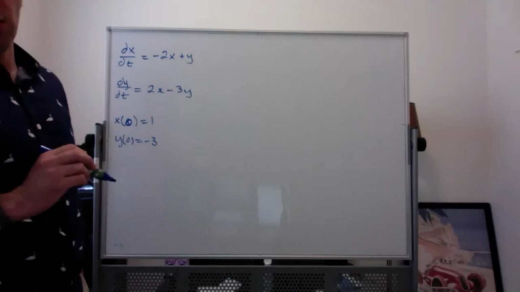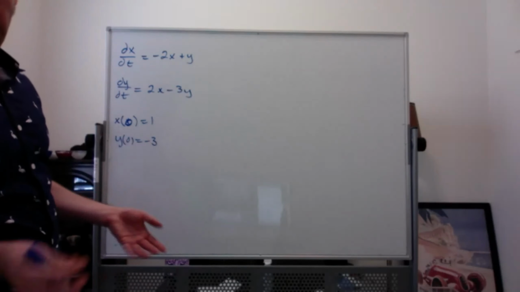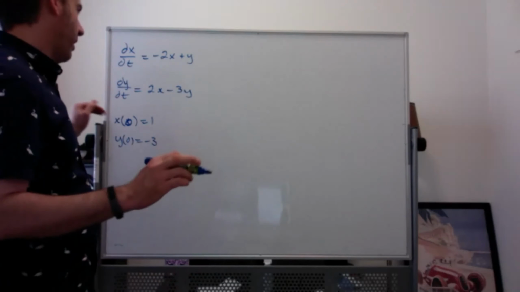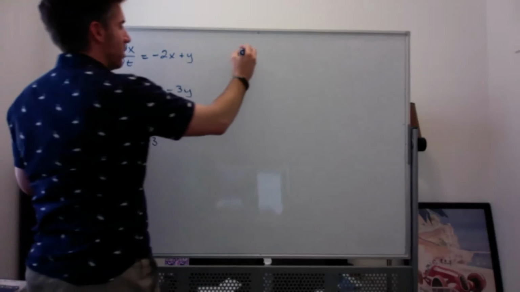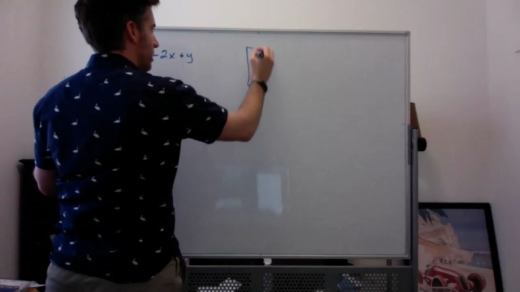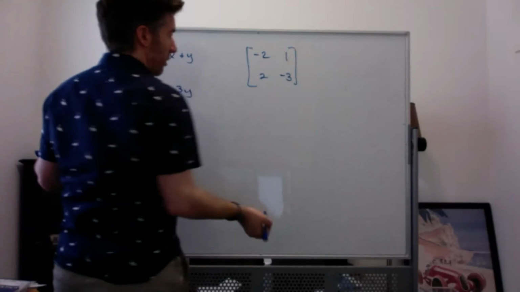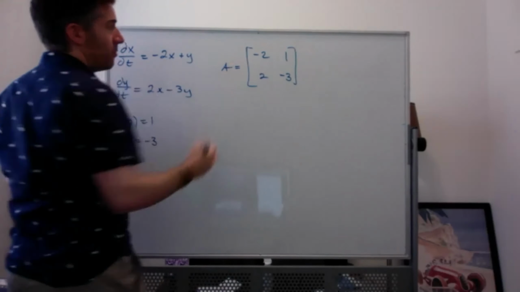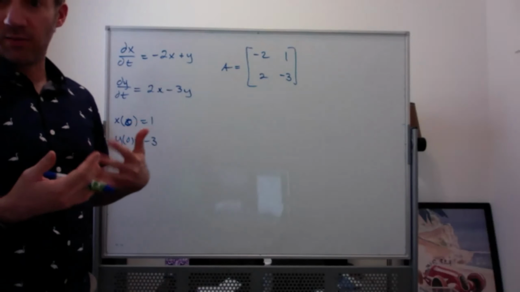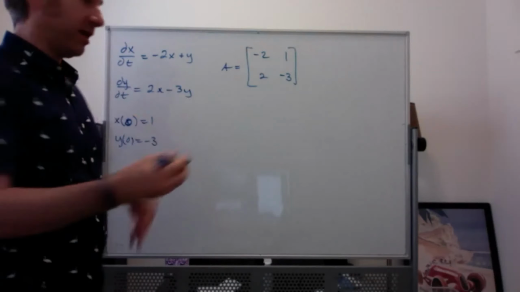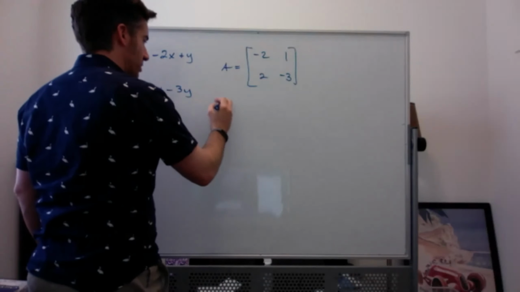Okay, so let's do the whole thing. Let's find the general solution to this, all that. So let's see here. I know my matrix looks like this. I'm going to find the eigenvalues. And now, just for fun, to show you a different way, I'm going to remind you that there is another way you can find the eigenvalues. You can find the eigenvalues as